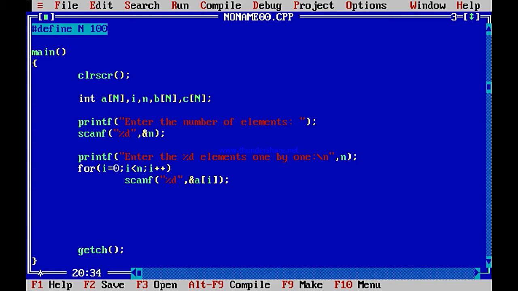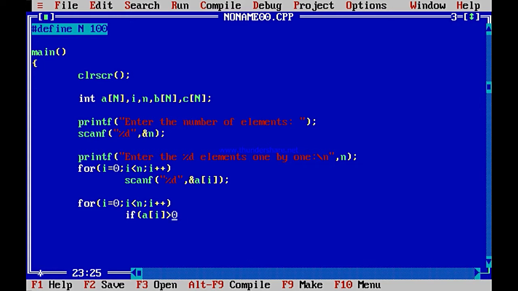Now over here I will have to check the elements of A for positive or negative. So definitely for that, for i equal to 0, i less than n, i plus plus, I will move through all the elements of A[i], and for every element of A[i], I should check whether A[i] is positive.